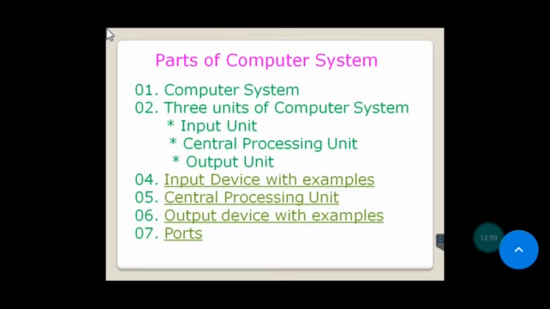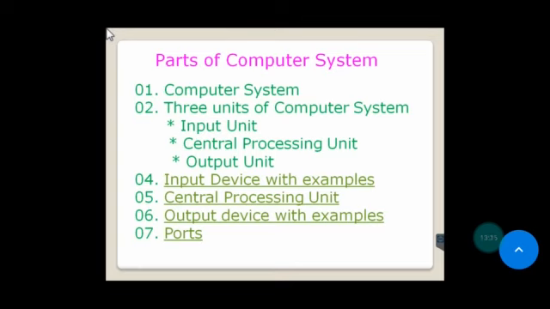Now, the three units of computer system. First one, input unit. Input unit helps the user to enter raw data and instruction into the computer system.